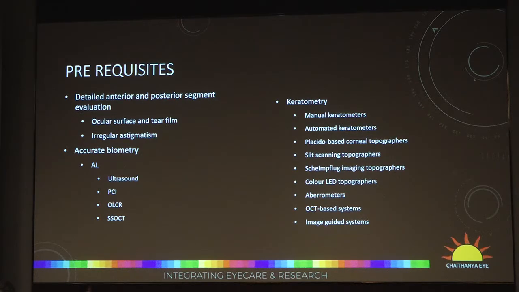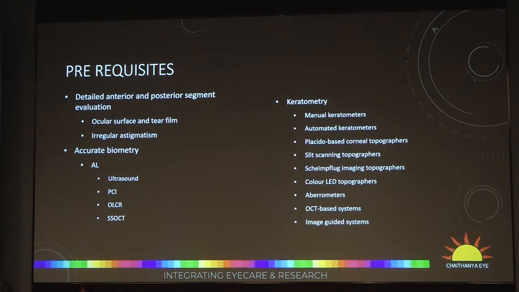The ocular surface and the tear film are of paramount importance. And I would always suggest, if you have access to a topographer, even a placido disc-based topographer, to do a topography before you plan on a toric IOL, rather than just keratometry. Because the topographer gives you a better idea about irregular astigmatism, and it does not just tell you about meridians. And when you have irregular astigmatism, your planning kind of changes. That I'll explain later. And of course, axial length has to be accurately measured, preferably with an optical biometer.